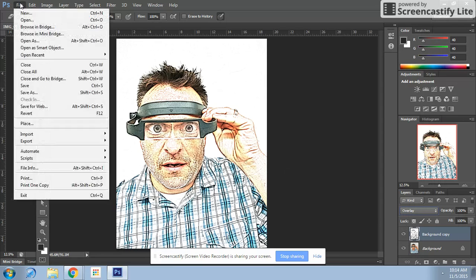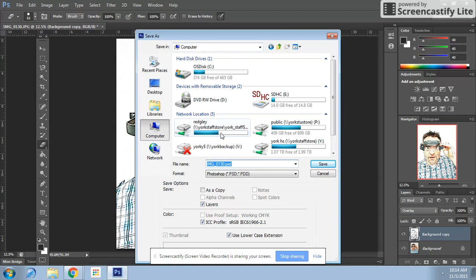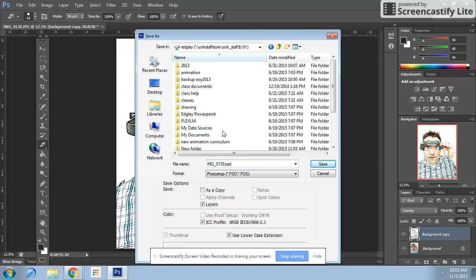What you're going to want to do at this point is go to File and then go to Save As. And then instead of saving it where you picked it up in the Illustrator drawings, what I want you to do is to save it in your drive. So wherever that's safe, it's going to be My Pictures or whatever, you can go ahead and save it there. All right, now with the next step